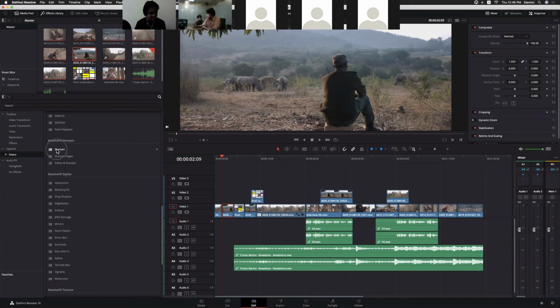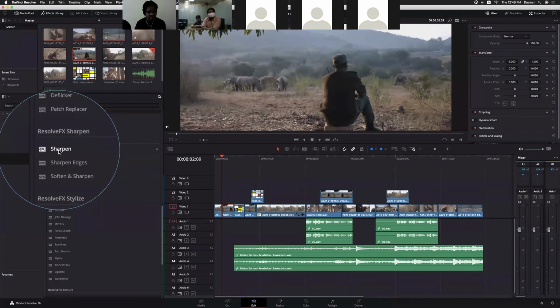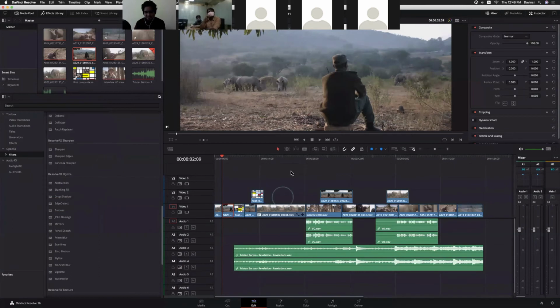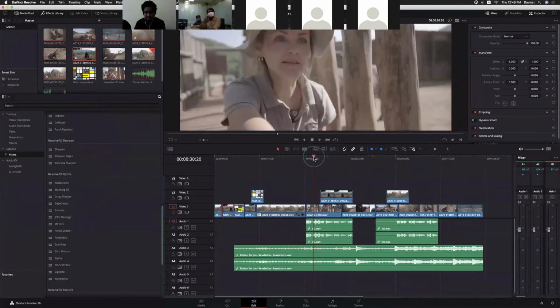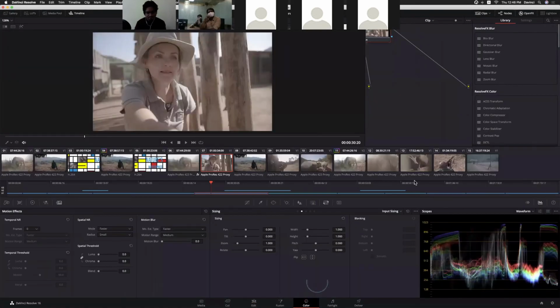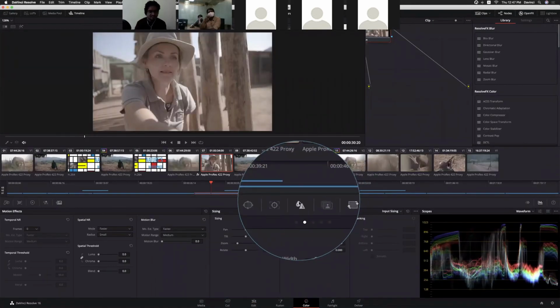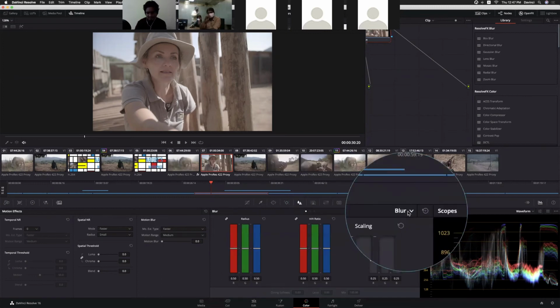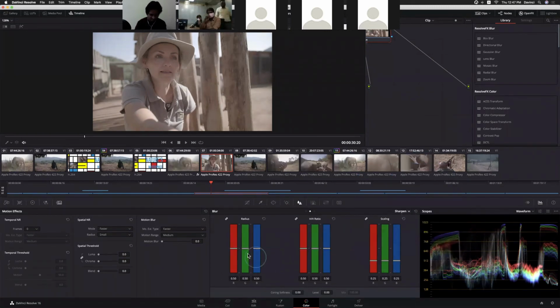As for the sharpen filter, we do have some advanced options for sharpening also. Let me quickly use this image for the sharpening. Instead of using the sharpen filter, I'm going to the color page. We have blur and sharpen options here, with the most advanced horizontal sharpening, vertical sharpening, and everything. Click blur, and here we need to select the sharpen option. It changes. Now I will add a little bit of sharpen so that you can see the difference.